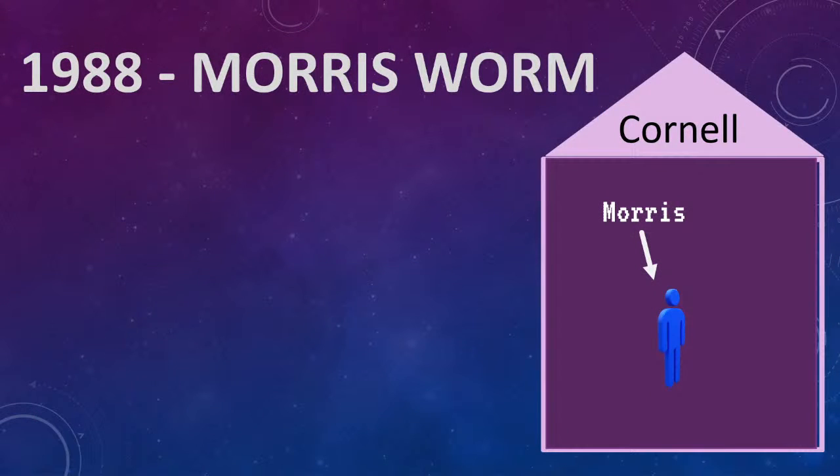It gets its name from Robert Morris. As you can see here, he was a grad student at Cornell University. His goal with writing this program was to see if such a program was even possible. And just a quick reminder, as I said before, a worm is malware that spreads through a network. He exploited three main vulnerabilities to try to get his worm to spread.